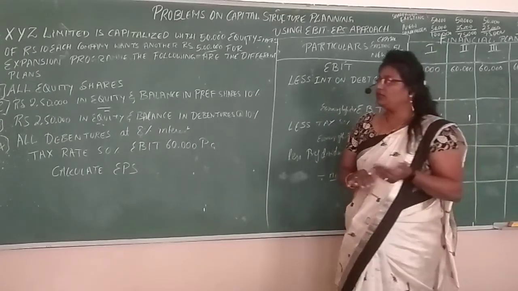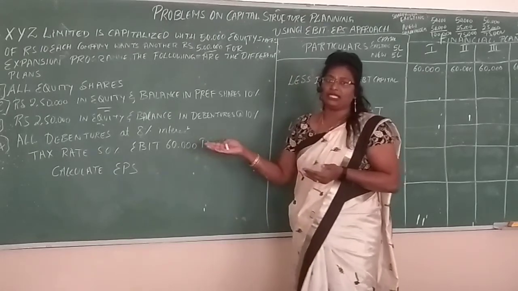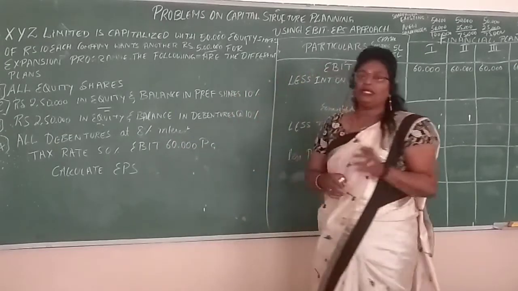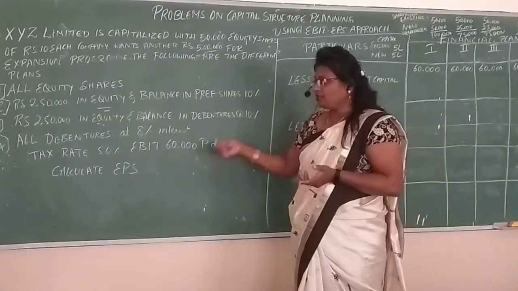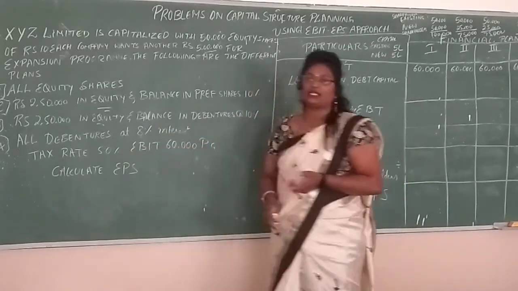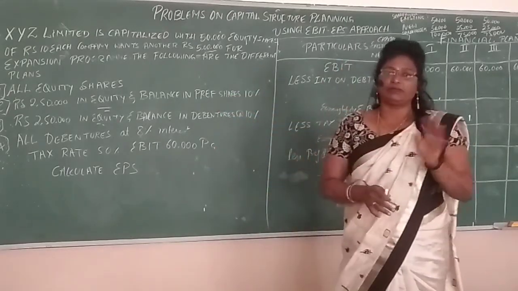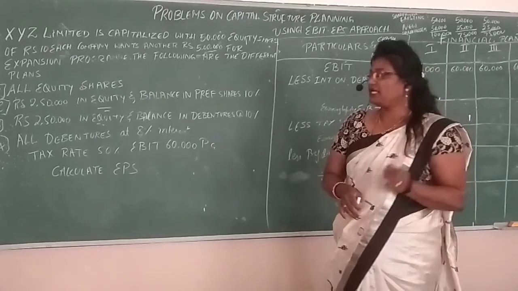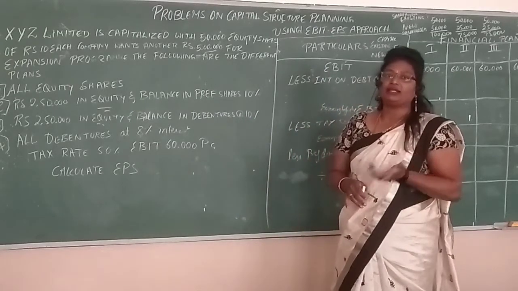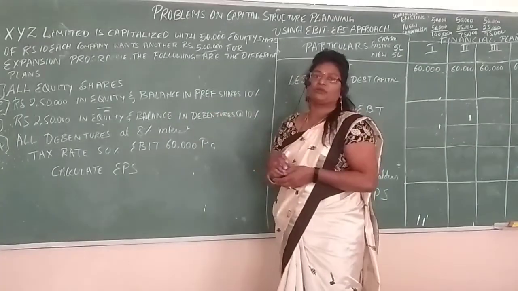Okay. So now they are assuming that they will get profits of 60,000. EBIT expected. EBIT means earnings before interest and tax. EBIT expected is 60,000 per annum, and they are assuming a tax rate of 50%. They are asking us to calculate EPS, because whichever plan gives us more EPS, we will say that is the best plan. EPS is earnings per share; whichever gives more earnings per shareholder is the beneficial plan. So the company has to find out which is the best option among these.